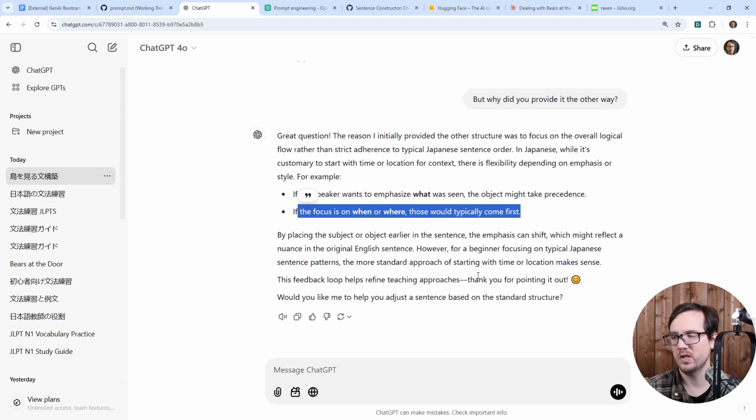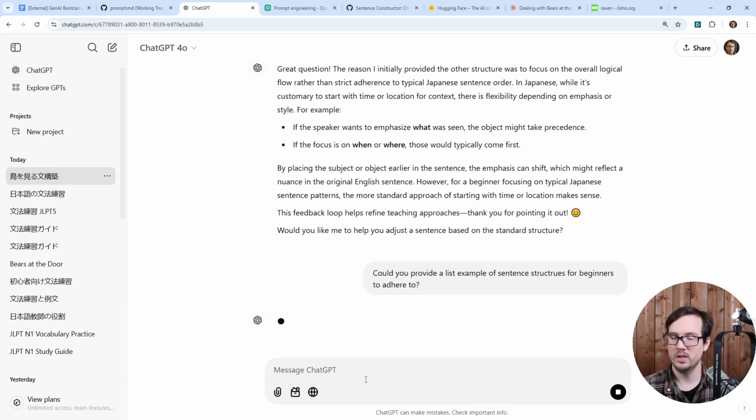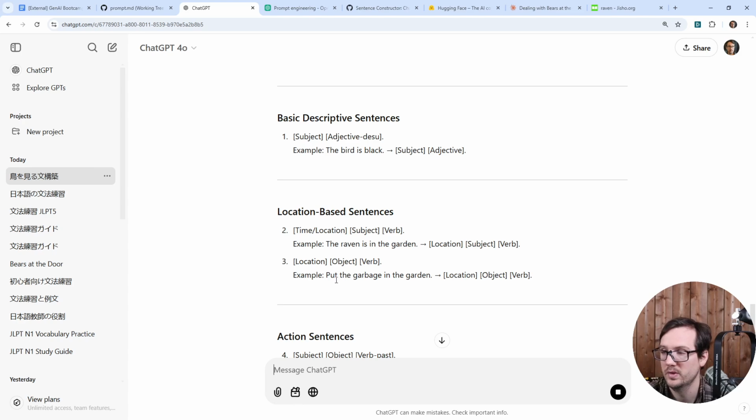And I actually haven't really heard this before. Generally, especially at beginner level, they want you to have location first, right? And so this is where we might want to actually introduce some stuff here. So, could you provide a list of example sentence structures for beginners to adhere to? And so the idea is that if we do this, then maybe we can put this back in our stuff. Okay, so,